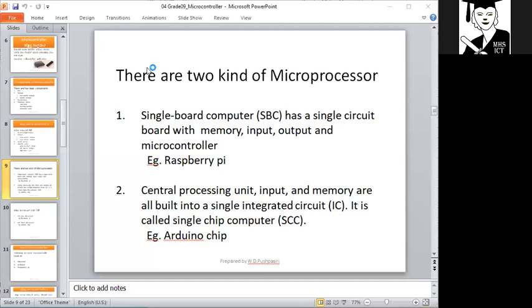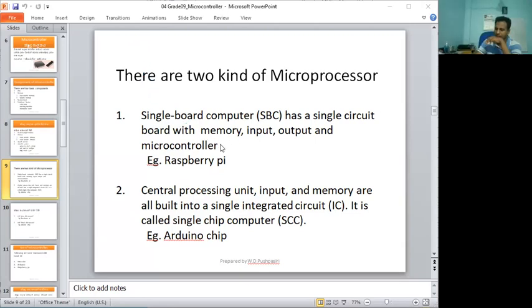Now we discussed here that there are two types of processors, microprocessors. So what are the two types? One is SBC, the other one is SCC. SCC means all the components of the microprocessor are inbuilt in the chip, right? So the SBC means it's one circuit. In the circuit, all the components of the microprocessor are available, right? Now,